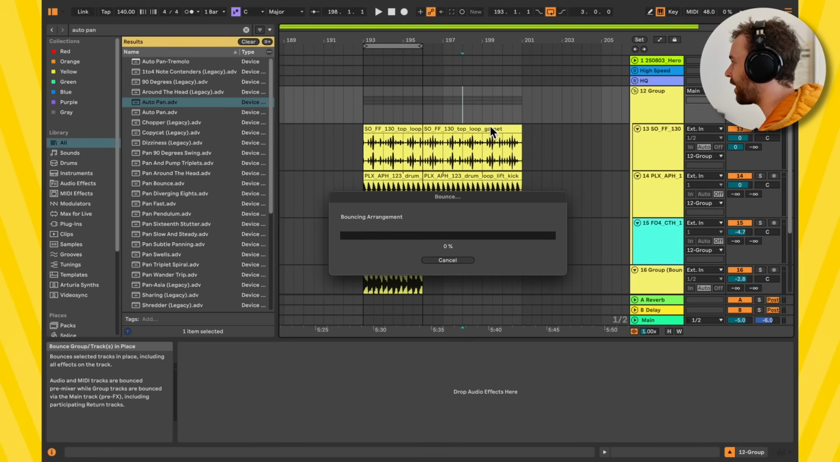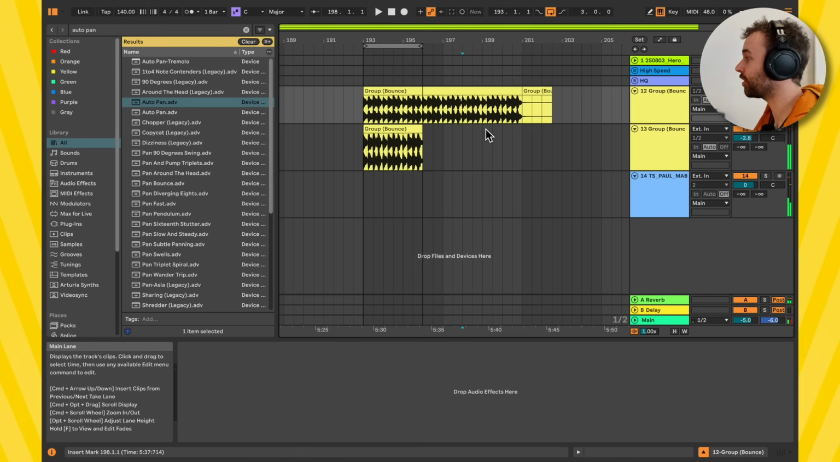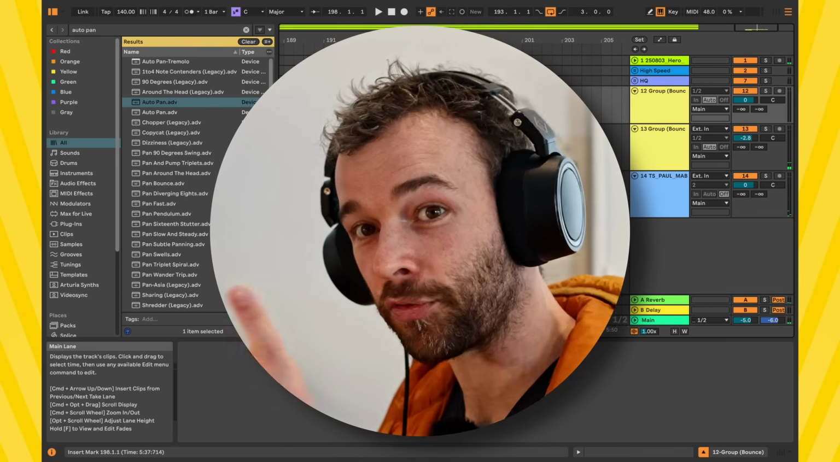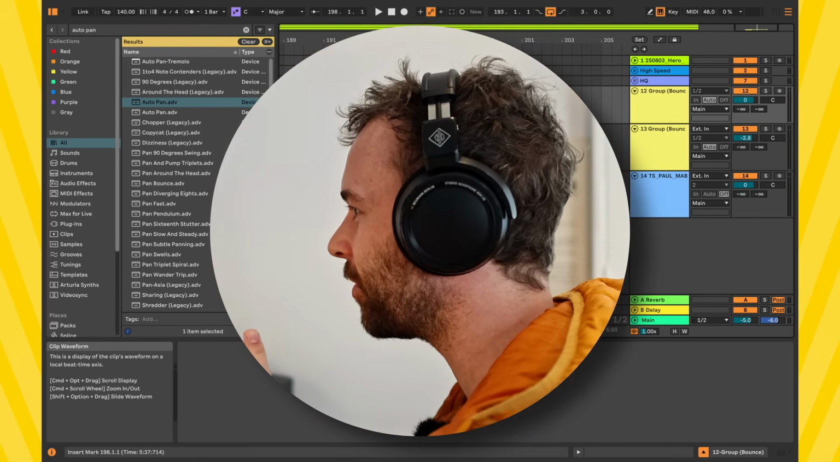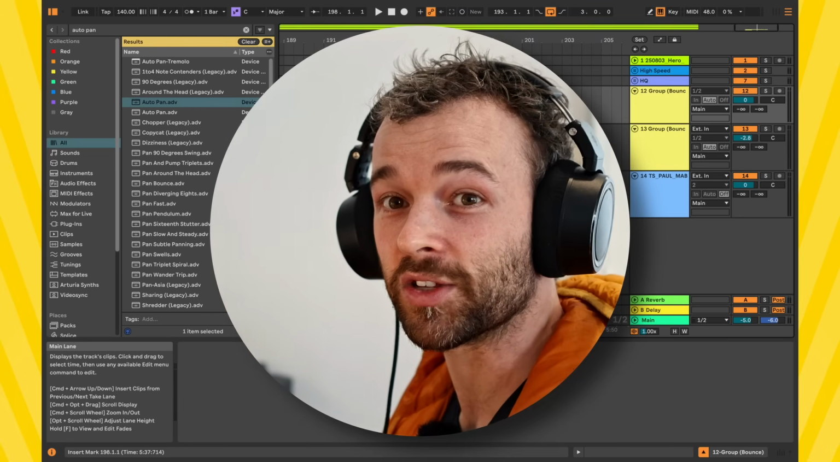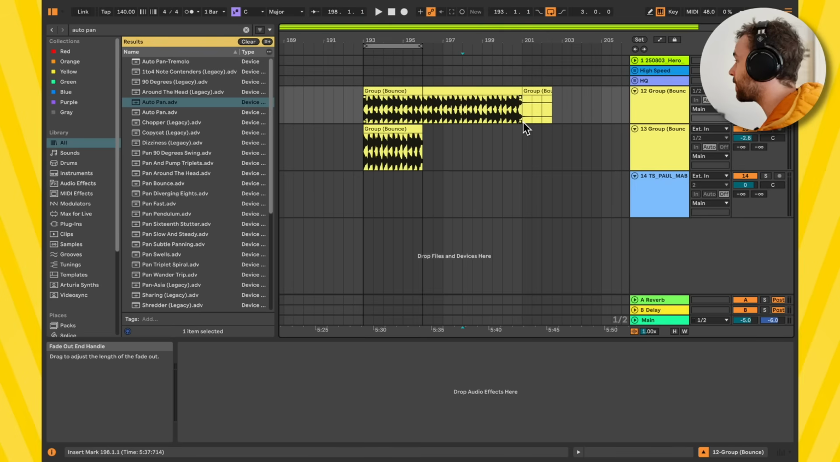And that will bounce the entire arrangement, effectively freezing and flattening the group track. Now we don't have the ability to freeze groups, which I think is a little bit strange. I would have liked the ability to also freeze groups as well as just bounce them. But this is obviously a really fantastic step, particularly for people who like to resample things like I do a